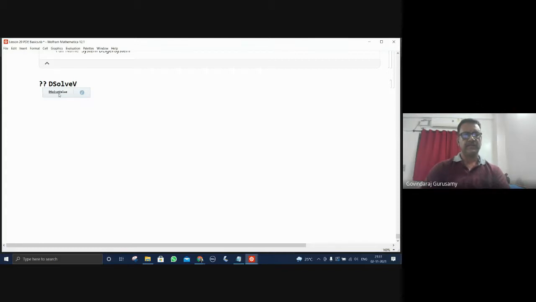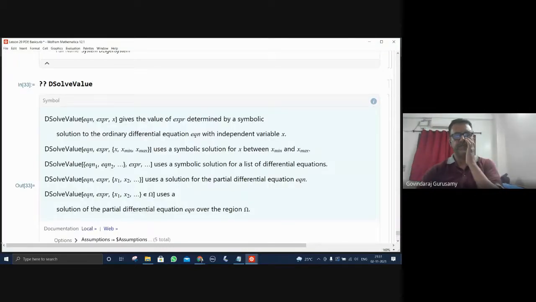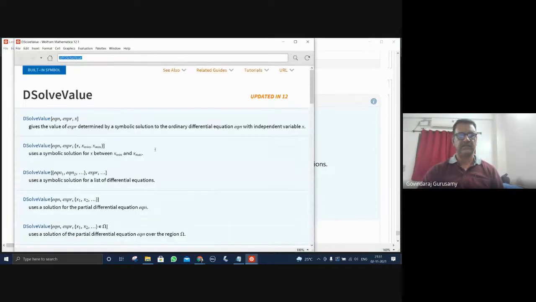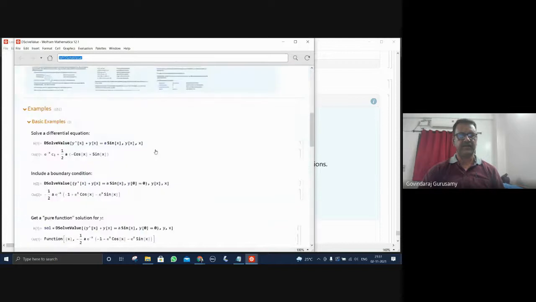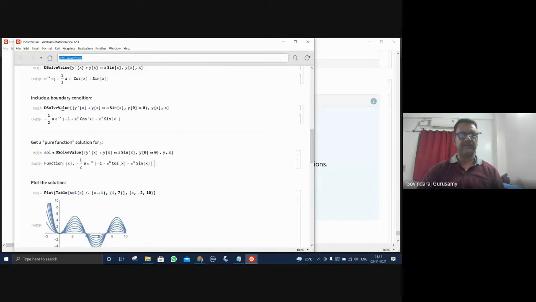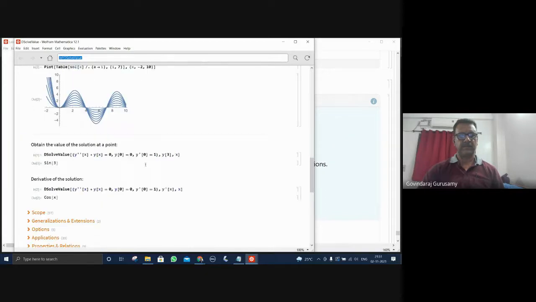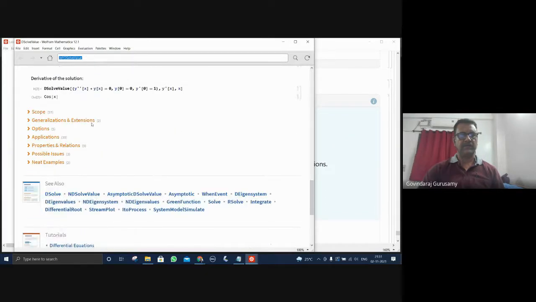This is another interesting thing when you have a PDE. DSolve, and you can use DEigensystem, DSolveValue, which is meant for solving partial differential equations, that is also important for you to check and use. You can solve the ODE also and PDE also. See here, y double prime, please solve the single variable. And you can go to the generalization extension,